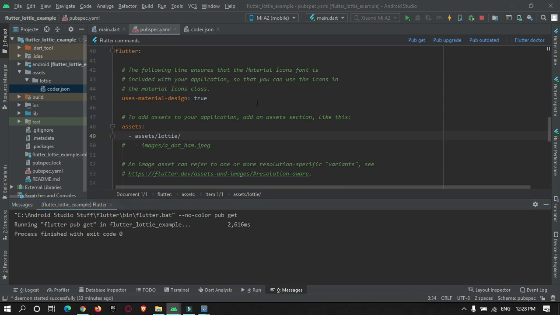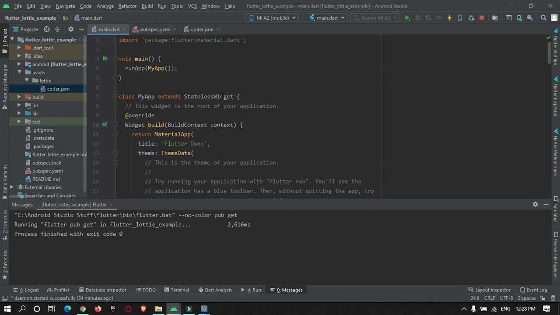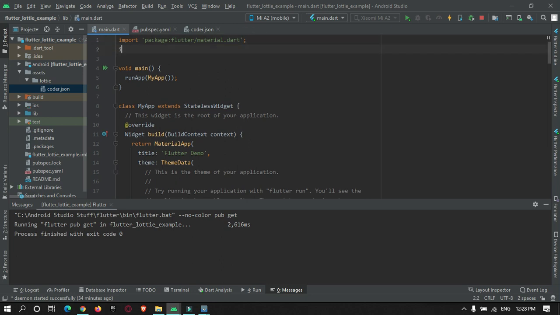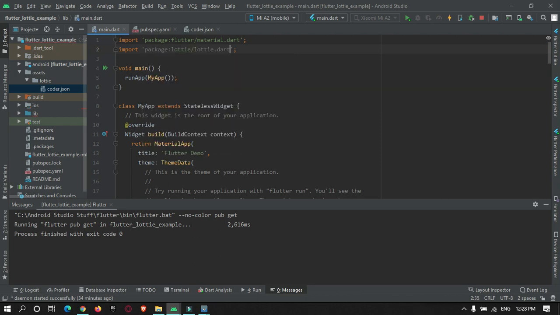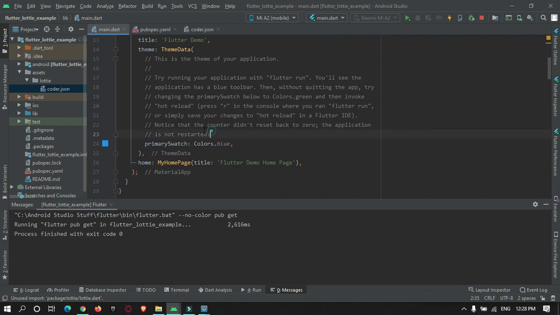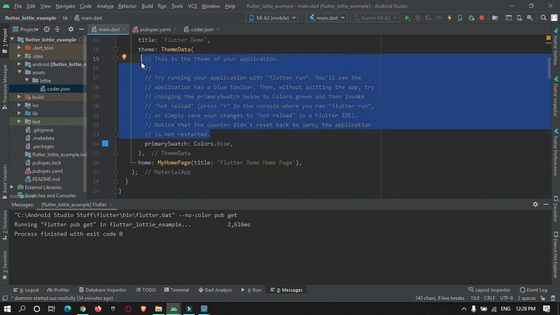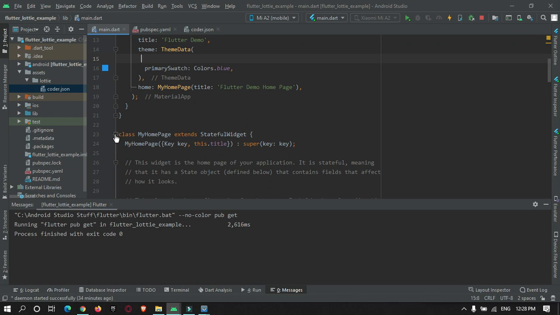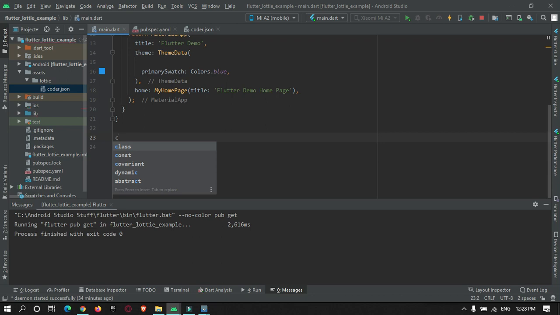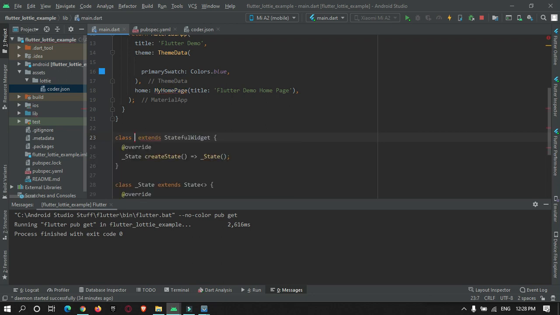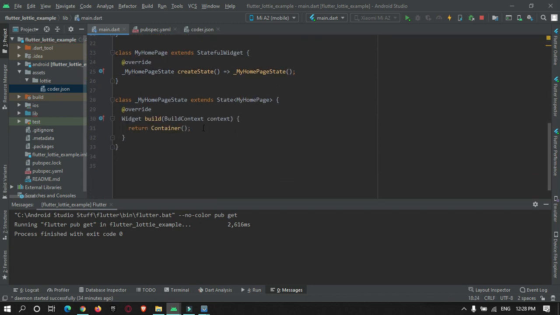Now come to the main.dart file. As you are making use of Lottie animation, you need to import the package lottie.dart. After that I will remove the default code that is given by Flutter while creating a new project and create my own stateful widget. Here I will make use of Scaffold.